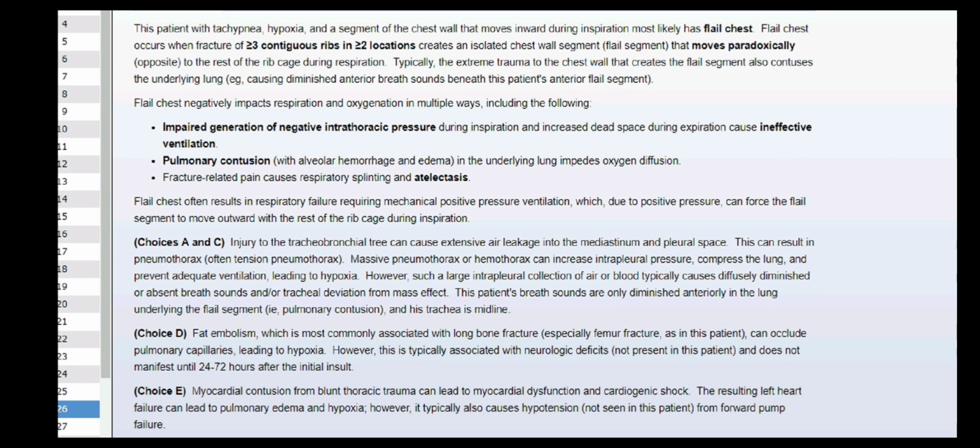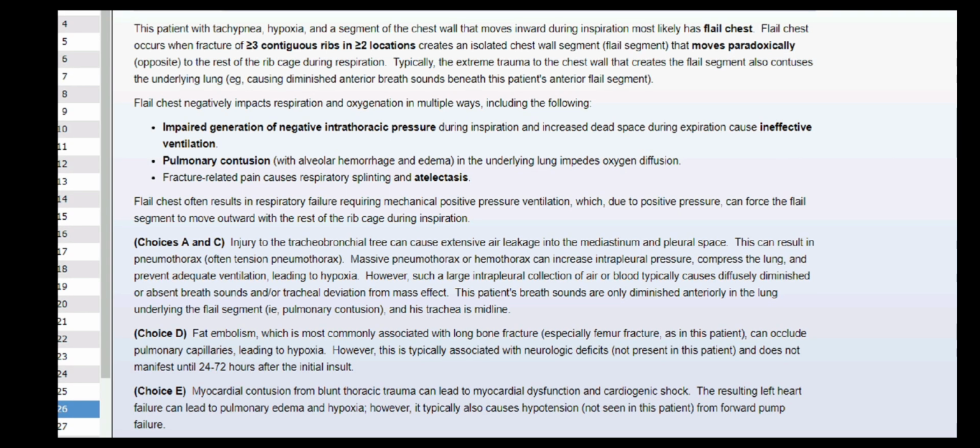Because we have this flail chest or broken ribs, this area is still attached to the lungs. Okay, so no negative pressure in this part. So we have flail chest, more than 3 contiguous ribs in 2 locations. So we have this paradoxical movement relative to the rest of the rib cage during respiration. This could cause ineffective ventilation,